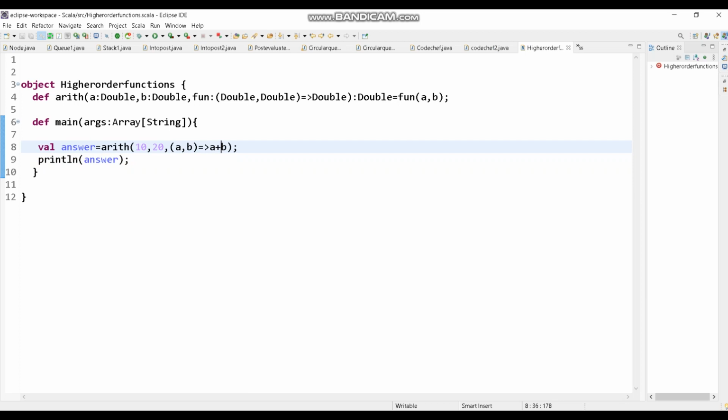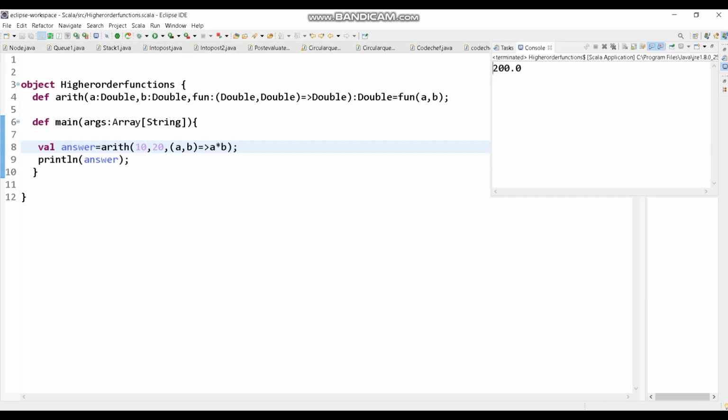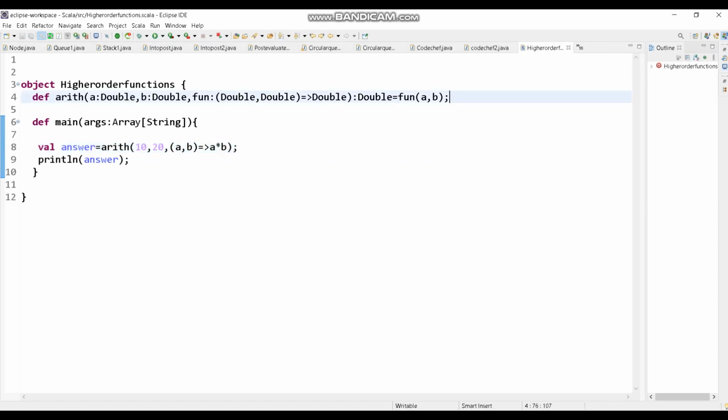Suppose for multiplication, just change this notation as a into b, save the file and run it again. See, the result is 200 as 10 into 20 is 200. Similarly, if I want to find the minimum among 10 and 20, I have to rewrite this notation as a space min space b.